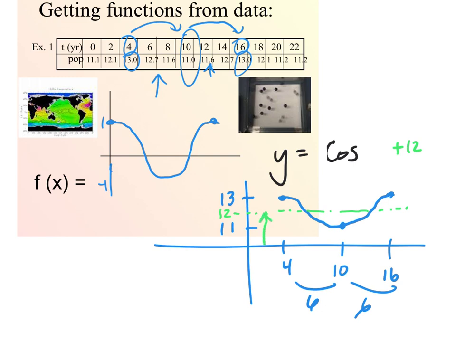Does that make sense? All right, next thing is, how far is it for its amplitude? Like, what is this thing's amplitude? Well, it goes from the midline up. Remember, the amplitude is not the total distance like this. It's not that. It's from the midline up. And so how far is that from 12 to 13? Well, that's a 1. So I can put a 1 right here. 1 cosine of,